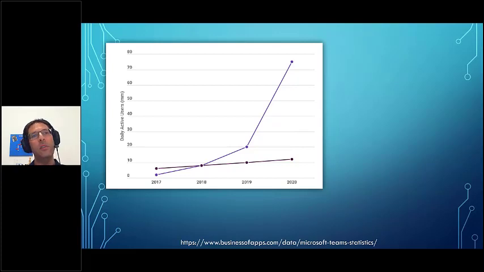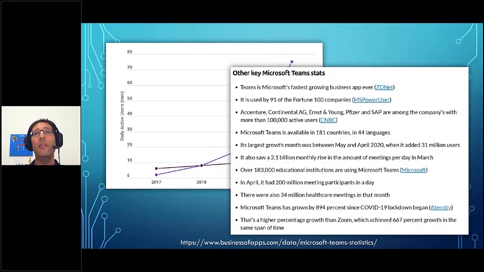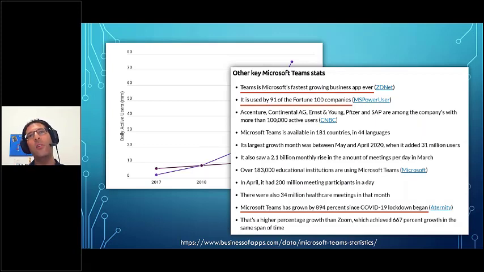There's no doubt that Teams adoption was doing tremendously well anyway, but 2020 has obviously seen that shoot almost completely off of the charts. We see some further down in the same article, for example, all kinds of interesting headlines, and I want to focus on 3 particularly. Microsoft Teams, you can see here, is the fastest growing business app ever in history,